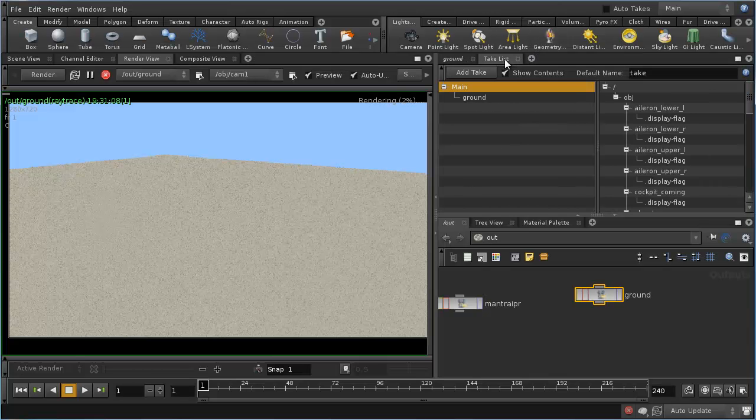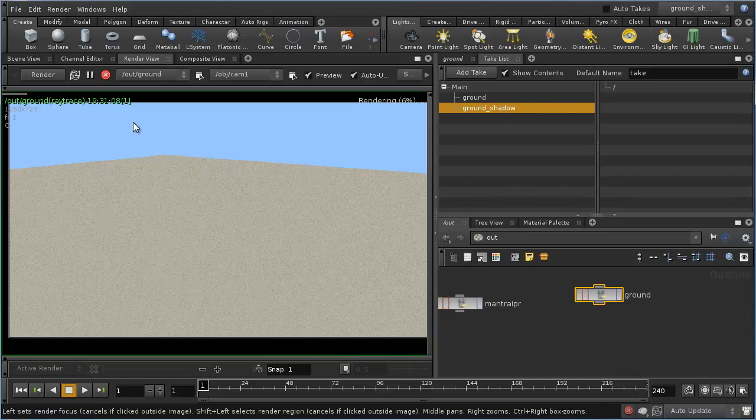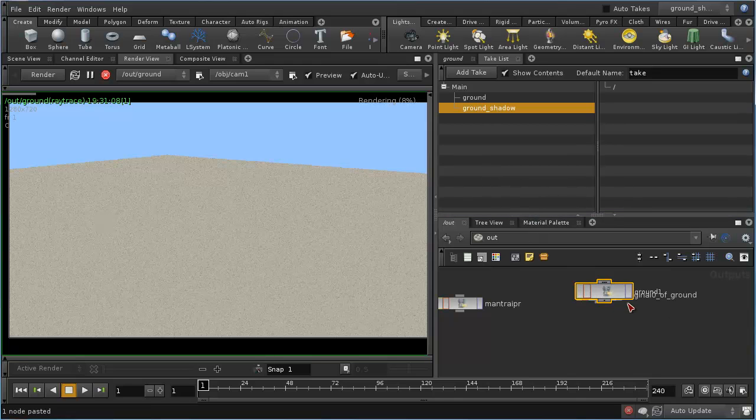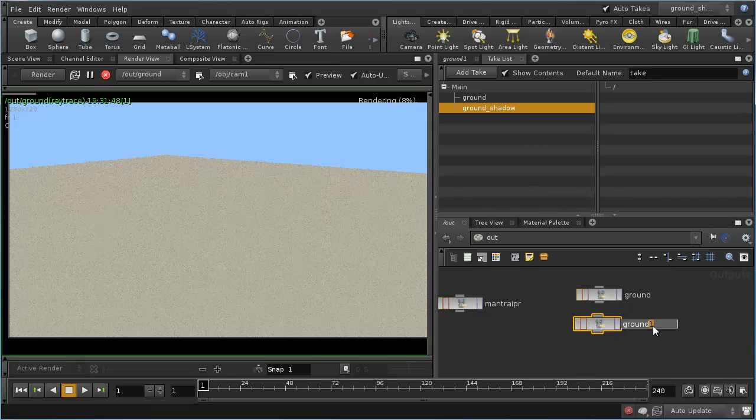So we'll go back to our take list. We're in main. We're going to add another take. We're going to call it ground underscore shadow. And once again, we're going to have to create another ROP. Let's just copy and paste this one. Copy, paste. And we'll rename this one ground underscore shadow. And within it,